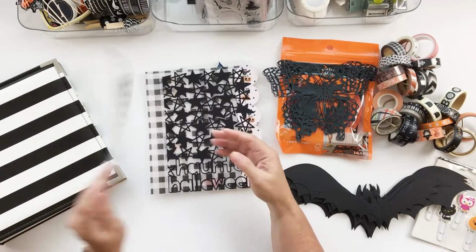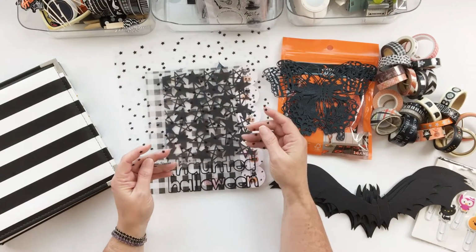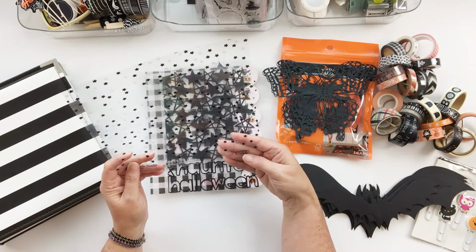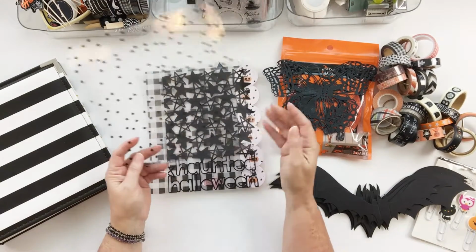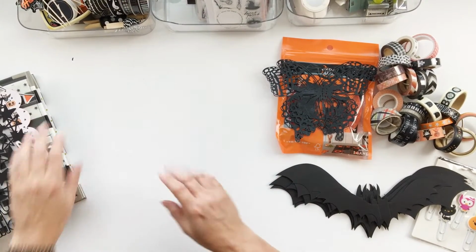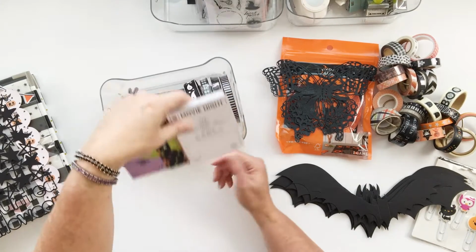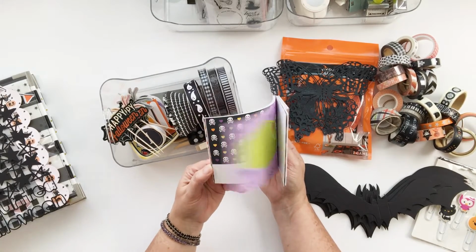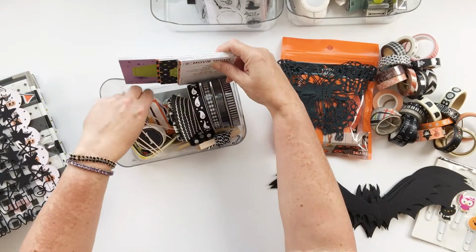Another transparency. Don't forget, Pretty Little Studio is a great source for transparencies, and this one is from the Christmas Cheer collection, but it's black and silver stars, so that's perfect. Another thing that I did was I went ahead and printed out one of my hybrid kits from Syncopation Designs. Jennifer did this one, and so I went ahead and printed out the journaling cards and print and cut